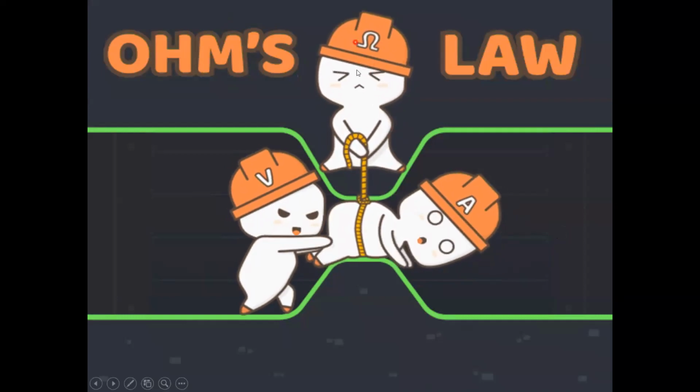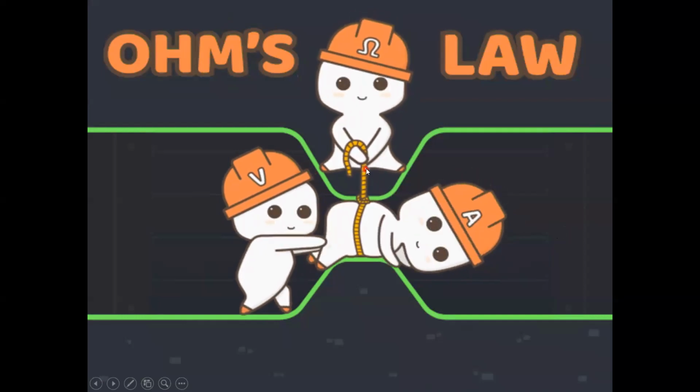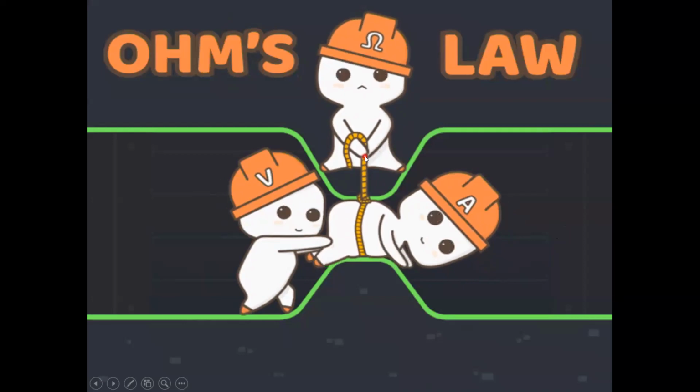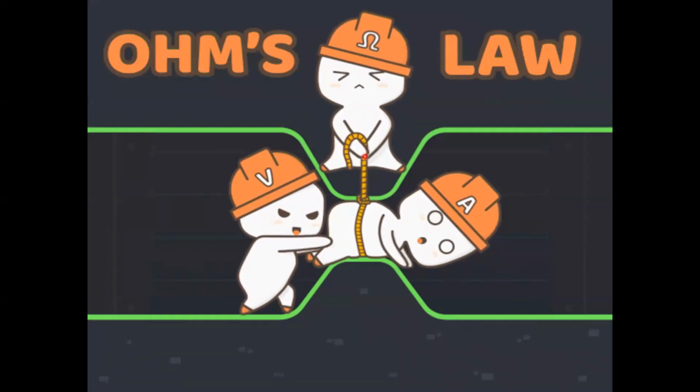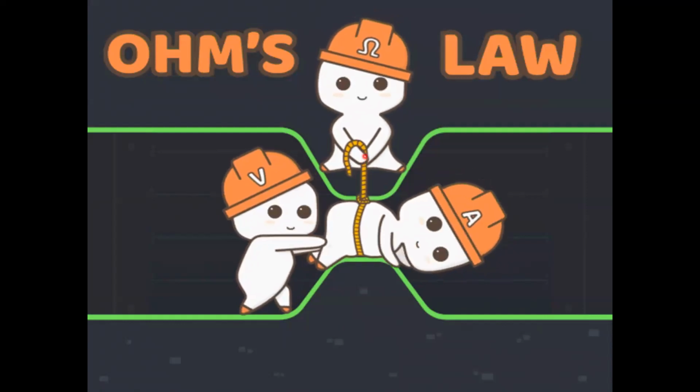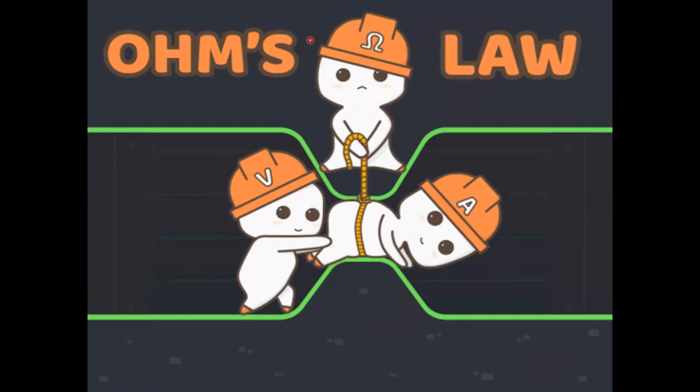And the property of a material which stops the flow of the charges, we call that resistance. So basically, in a circuit, there is a relation between the voltage, current, and resistance. The law which explains the relation between the voltage and the current is known as Ohm's law. So according to Ohm's law, what it states, the voltage,